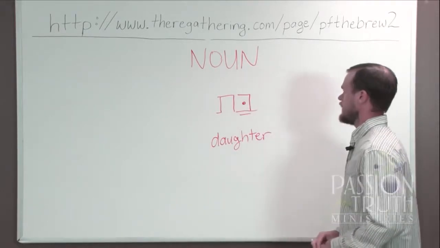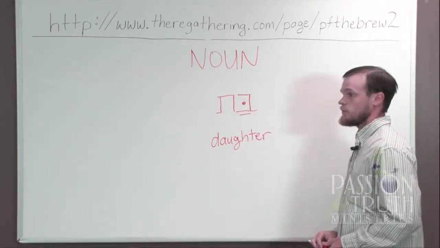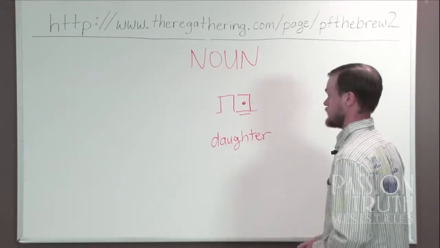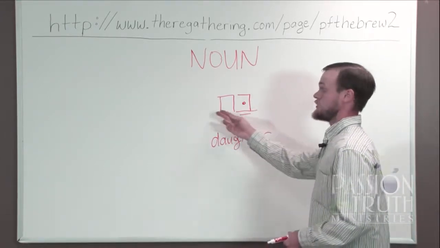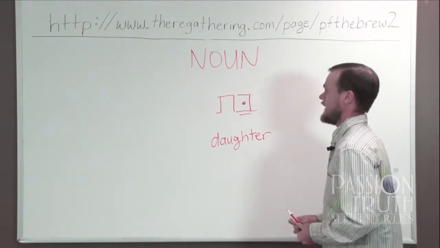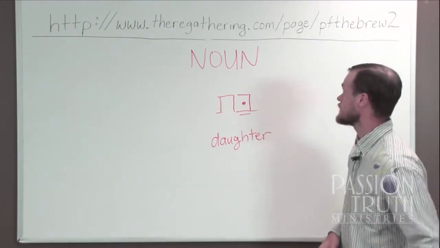Okay? So being a feminine noun, we would expect that the plural form, to say daughters, would be batot. Okay? But bat has an unusual exception,